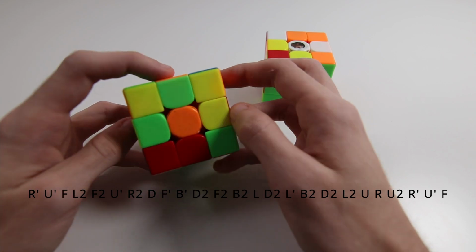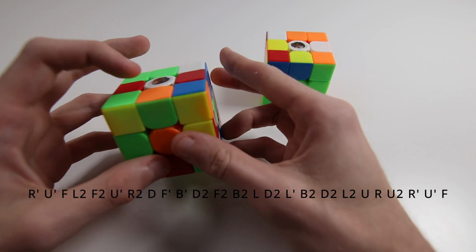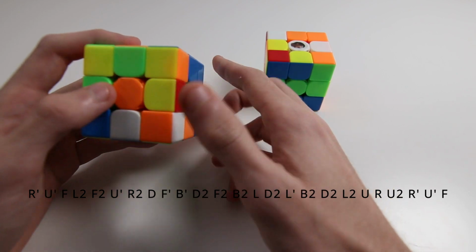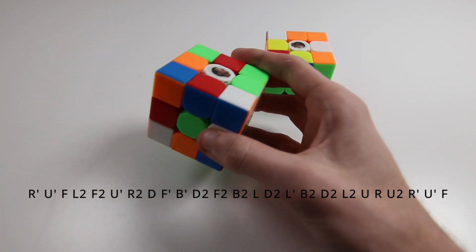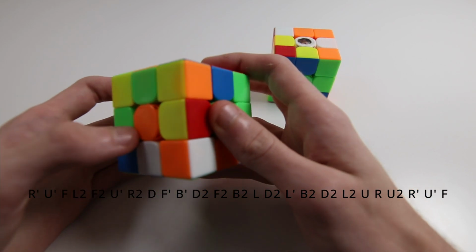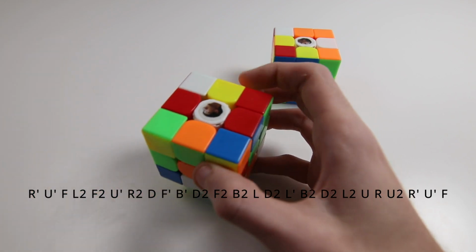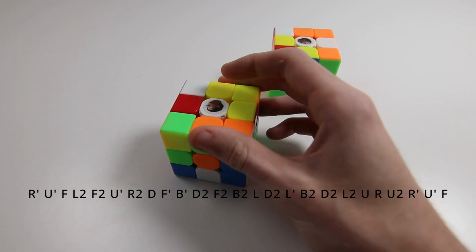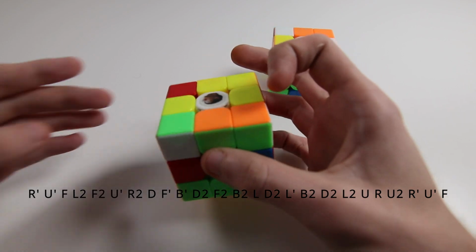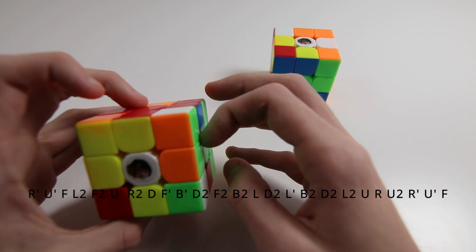So you can immediately reduce to 4 bad by just doing an R or R prime, but the EO I did starts with a D2 and then an R turn. In this case I did R prime, and then you can swing these 2 edges in with either F U prime or U prime F. I did F and then U prime and then L, and this was my 5-move EO,